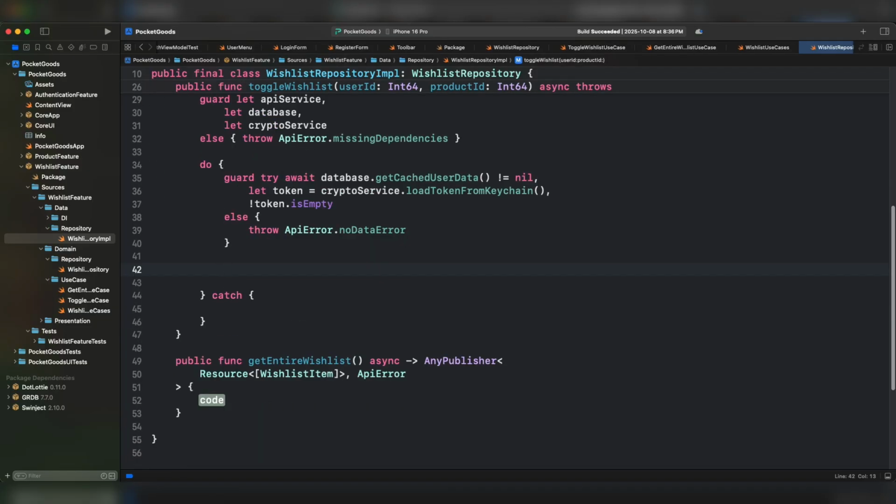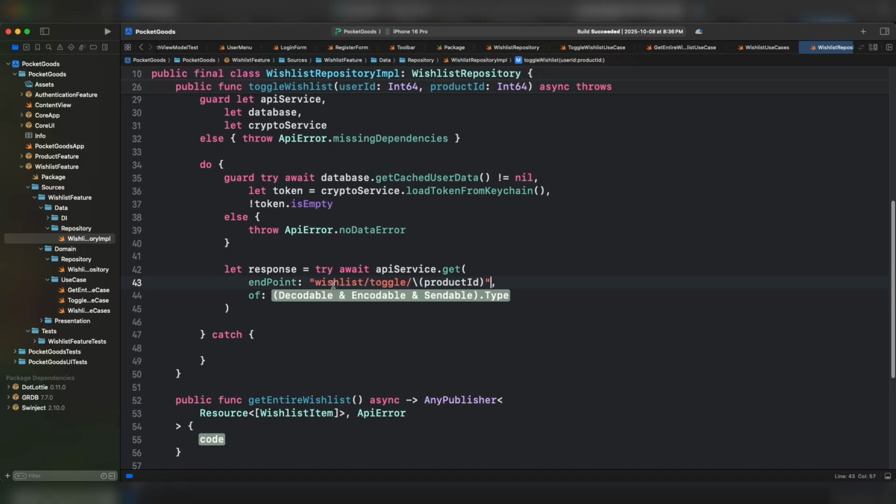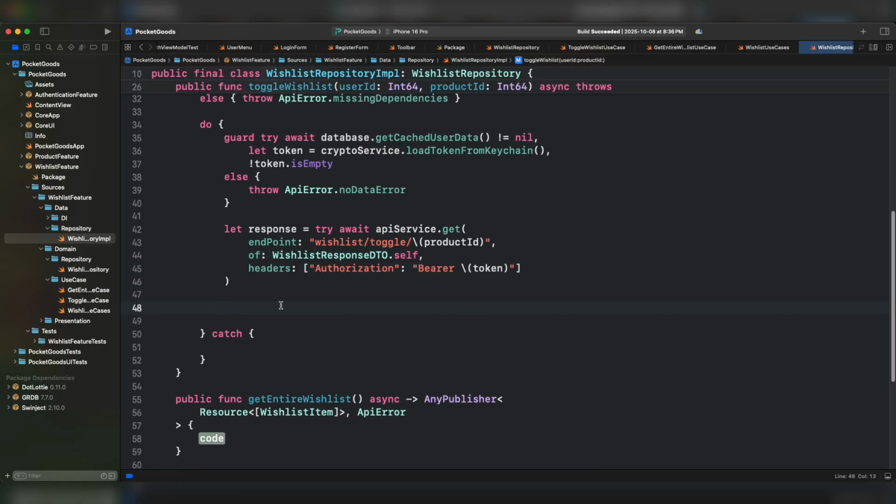Now we can do the API call by doing, let's start under response. We need to pass the ID of the product as well as the return type. And we have to pass the bearer token. We can distinguish between two cases. If the wishlist item ID equals -1, we're going to delete the item from the user wishlist under the cache. Otherwise, we're going to add this particular item. Therefore, we have to do response and wishlist item ID equal -1